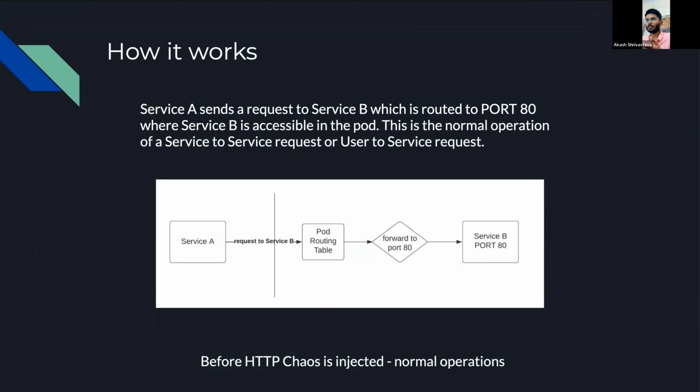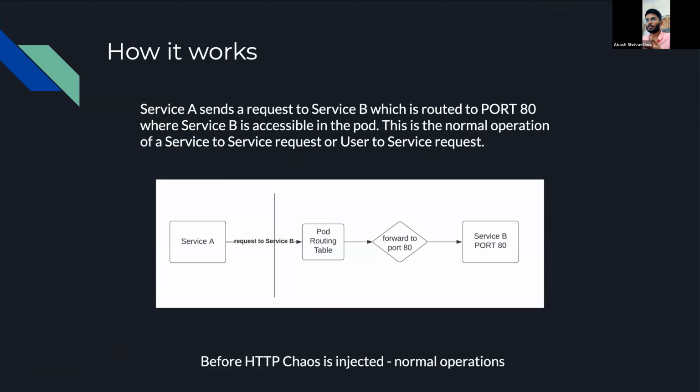But when we inject the HTTP chaos, we first of all change the routing. We forward the incoming request, whichever is incoming, to port 80 for service B. We forward it to the HTTP chaos pod which is running there, and there we can do the request response modification, which helps us make HTTP chaos happen.